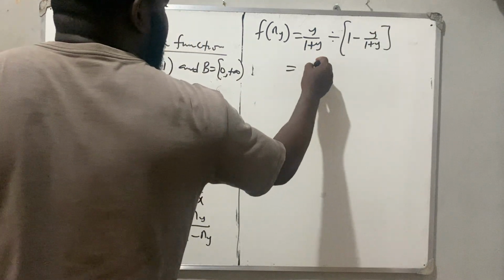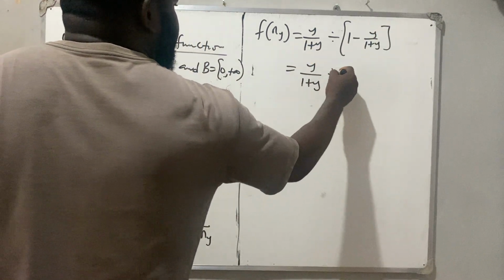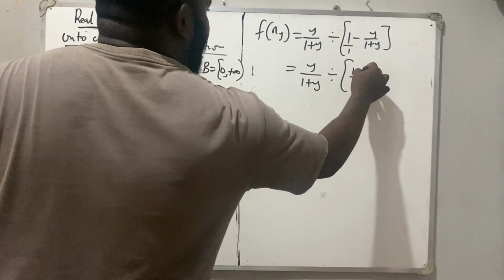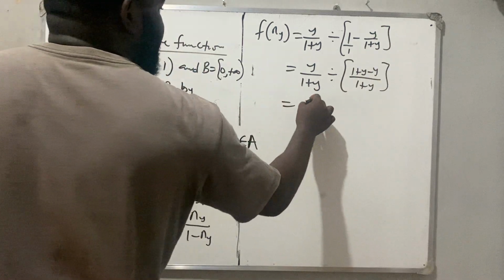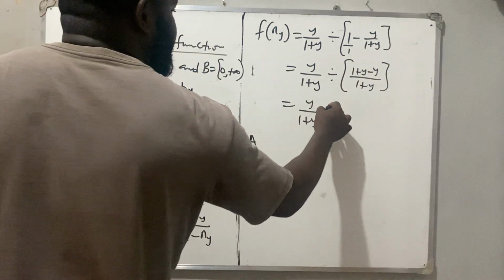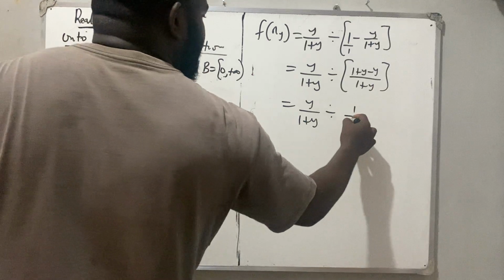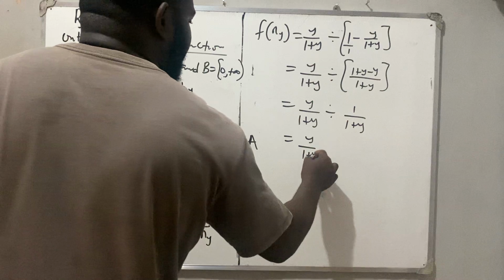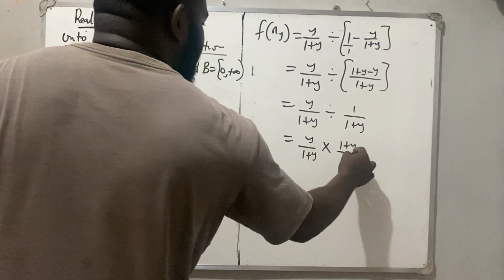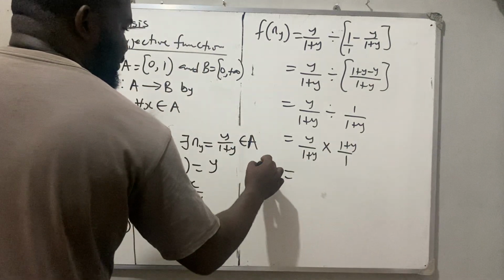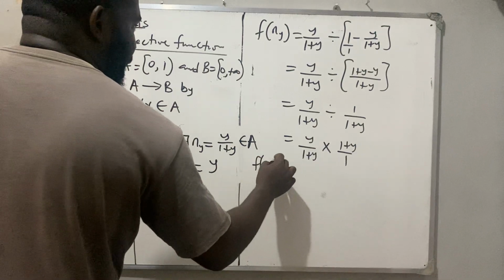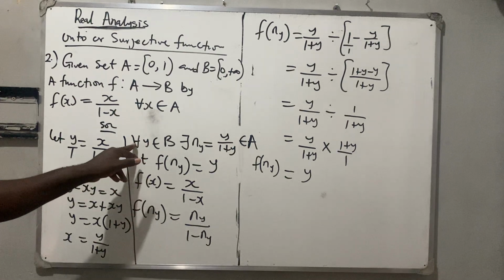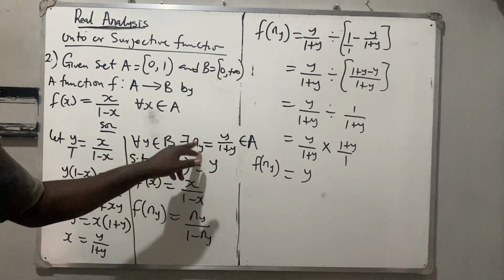So if you do this, you are going to have y over 1 plus y divided by, the LCM here is 1 plus y, so I have 1 plus y minus y. Okay? So I'm having y over 1 plus y divided by 1 over 1 plus y. So change divide to times. I'm going to have y over 1 plus y times 1 plus y over 1. So if this takes care of it, see that f of n(y) is giving me what? y. Proved. You see? So we say that for any y we pick in B, there exists n of y